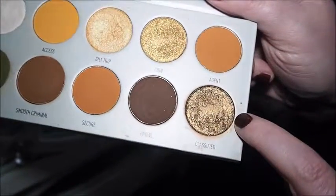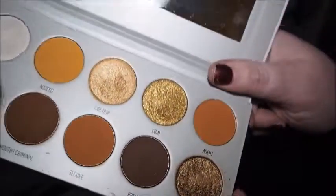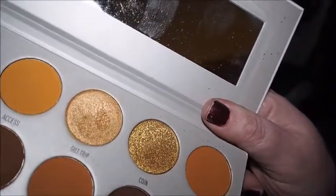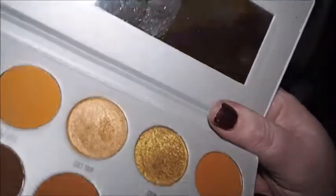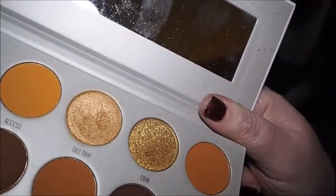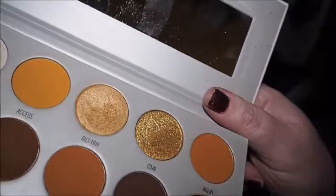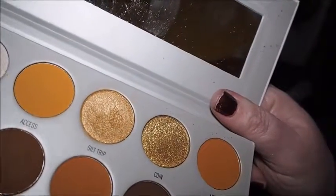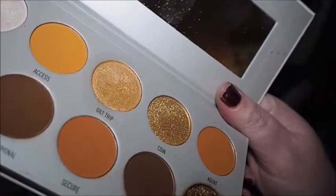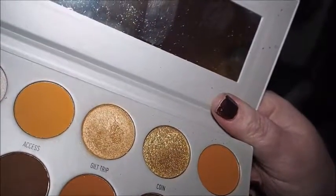I've used this about 3 or 4 times, and I was really trying to basically get it to work for me. And then I remember seeing that Jaclyn Hill tweeted that somebody had told her that if you rub the top layer off the shadows, which by the way I don't think you should have to do when you're paying. I got this one and I paid £20. You shouldn't have to do that because, I know it's Morphe, but it is kind of classed as a higher end product, especially when you're having to pay shipping and stuff like that. And at the end of the day, it's only 10 eyeshadows. So basically,